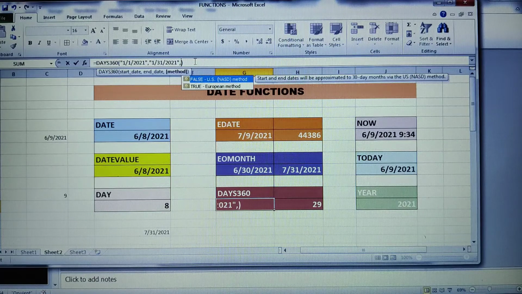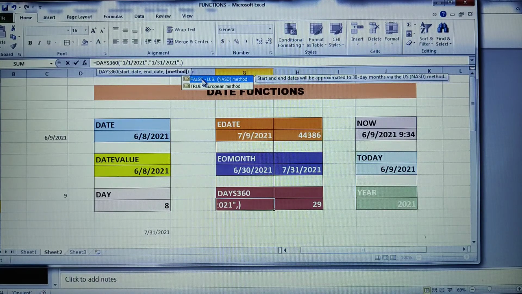360 per month. So every month they'll be having 30 days, not 31, just 30. Based on that, if you want to look at your answer in the European method, you want to calculate how many days will appear between these two dates, then you can click on the true method. Now what if you want to follow the US method, like 30 for one month, 31 for another, then go for the false method, that is the US method.